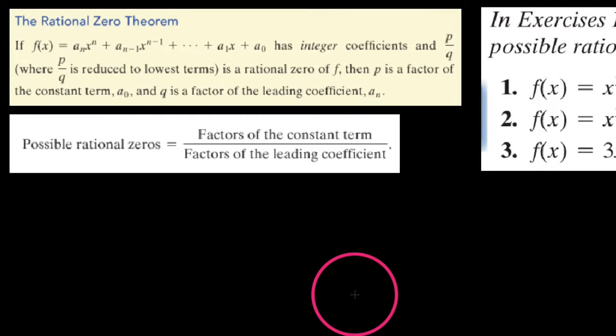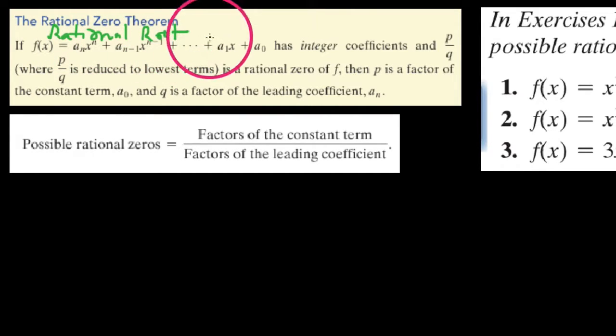Hey guys, let's take a look at our rational zero theorem, or sometimes you'll call this the rational root theorem. So rational root, whenever you see me use RR, that's what we mean here. But basically, we say given any polynomial in standard form here that has integer coefficients, the only rational zeros that could possibly be zeros of this function have to be of the form P over Q,